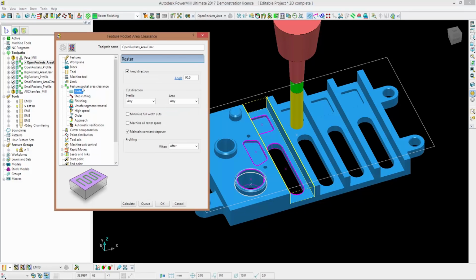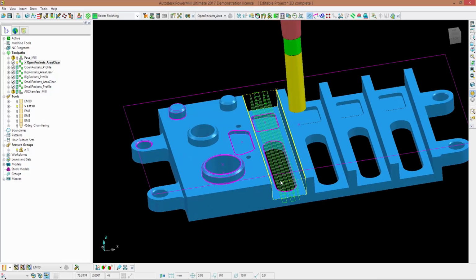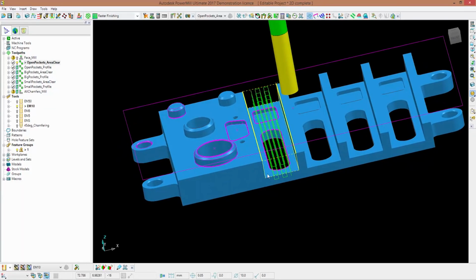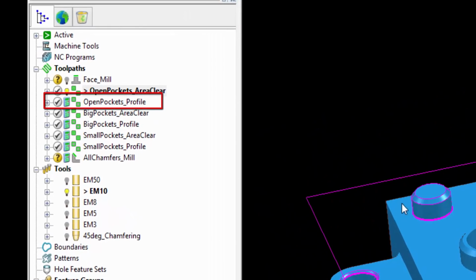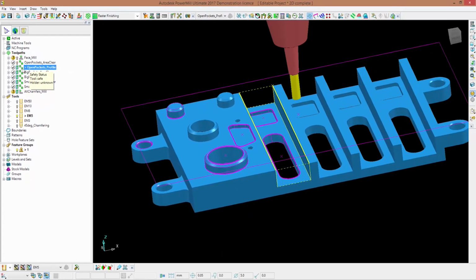In this case, I'm machining with raster. Click on calculate, and as you can see, the tool goes back and forth. It doesn't really approach too close to the walls, and that is because I want to show you the profiling toolpath for open pockets. So if I now activate this new strategy, go into the settings,